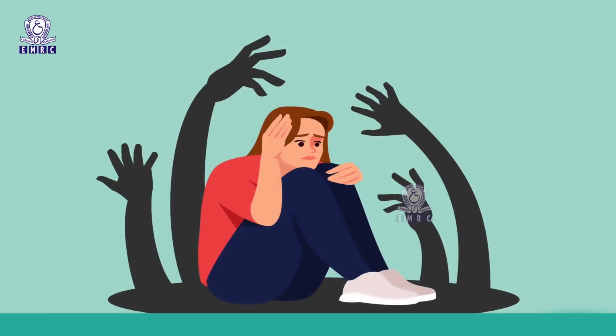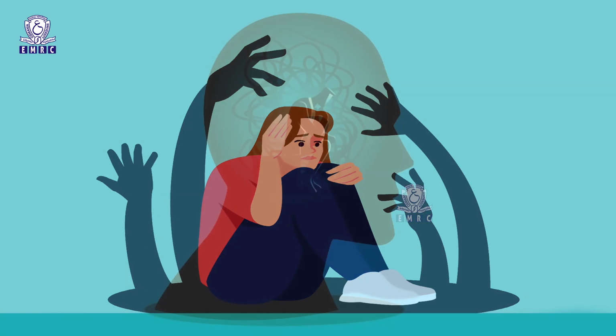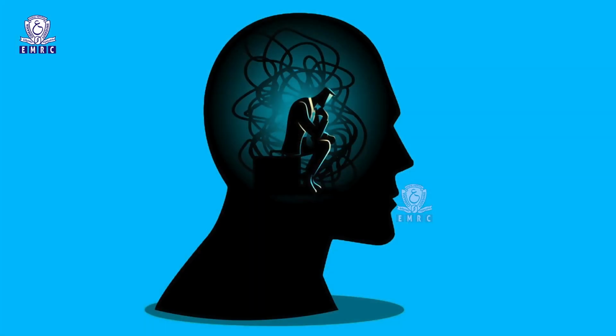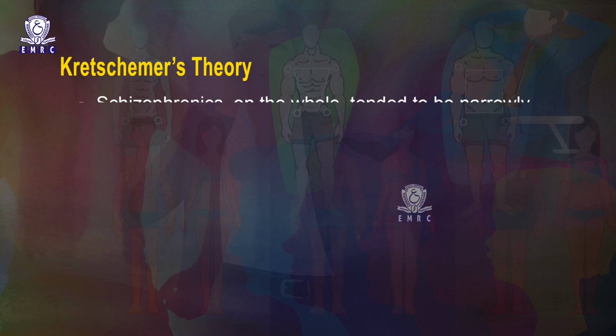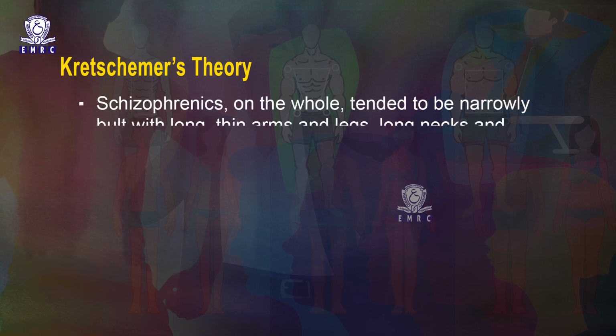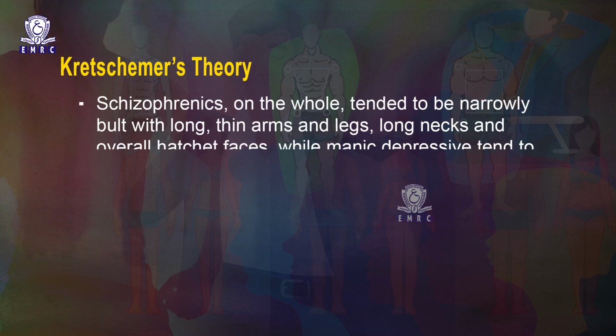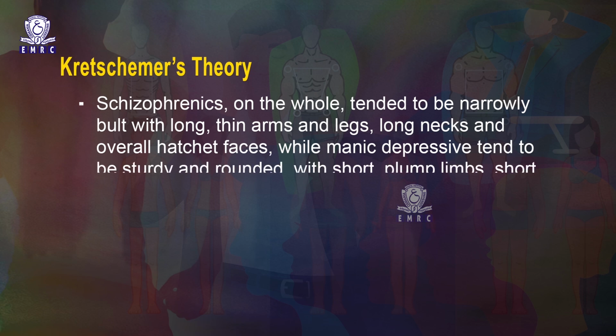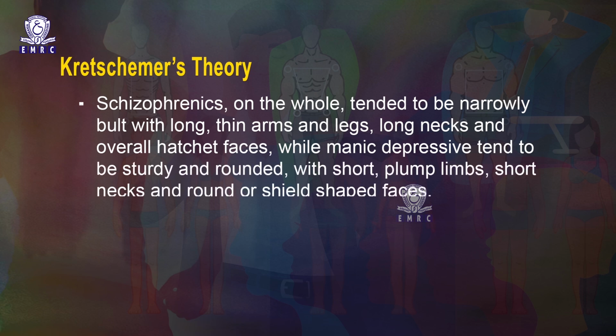Kretschmer noticed that there was a tendency for these two types of mental illness to be associated with different types of physique. Schizophrenics, on the whole, tended to be narrowly built with long thin arms and legs, long necks and overall hatchet faces, while manic depressives tend to be sturdy and rounded with short, plump limbs, short necks and round